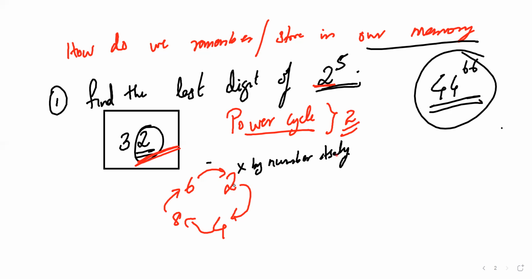I'll repeat one more time. 2 multiplied by the number itself. 2 2s are 4. Correct? 4 2s are 8. 8 2s are 16. This is my step for getting the answer to this thing. So we have to understand how to find the last digit. It's always easy for us to take a known number. 32, 2 power 5, it's okay. This is something known to us. Answer already I know, 32. Yes. So the first step is this one. Okay. So power cycle of 2 is what? I'll write down here.